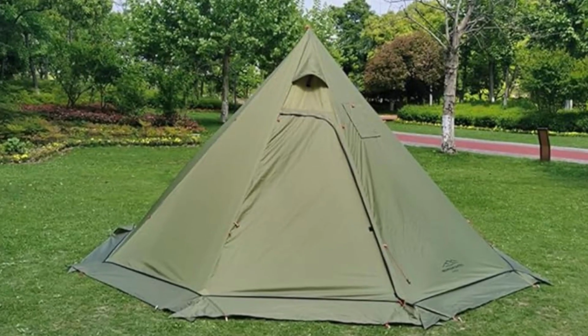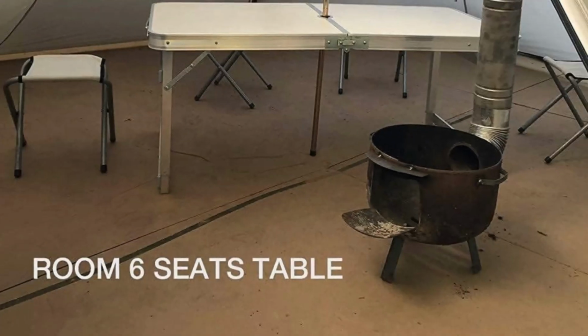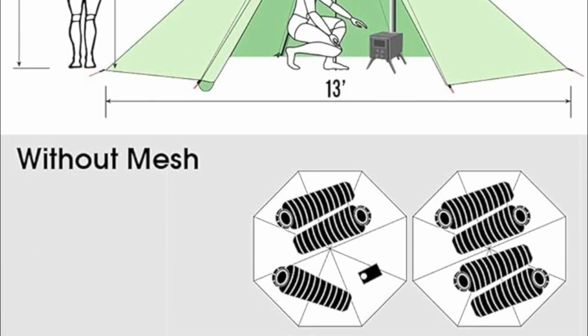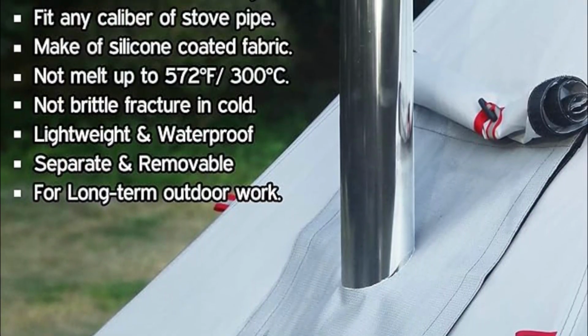We have tested it for real-world comfort, and the space truly supports 2 to 4 campers, depending on how much equipment travels along, making it a smart pick for minimalist winter trekkers wanting warmth without the excess. The anti-tear fabric holds firm when winds push hard, and this stability offers a peace of mind that feels priceless